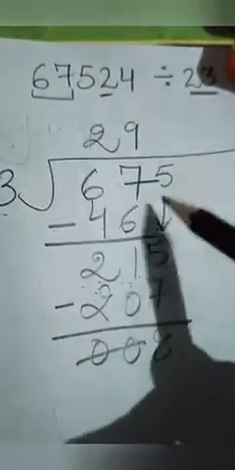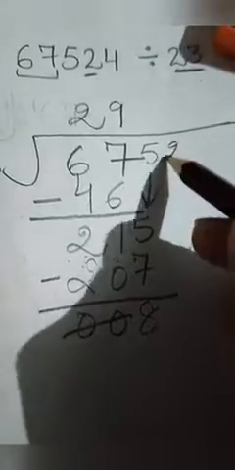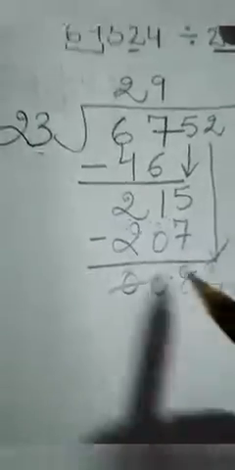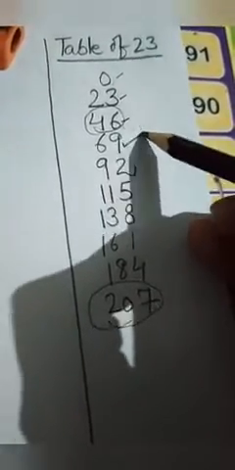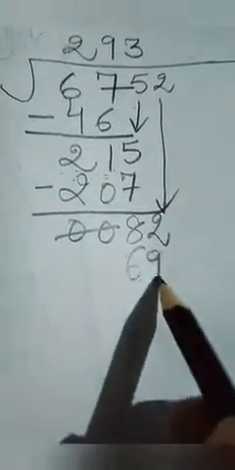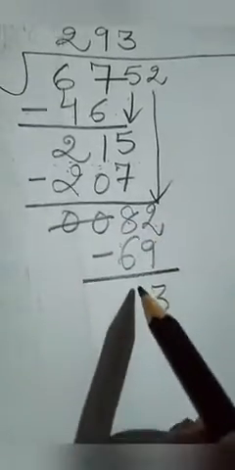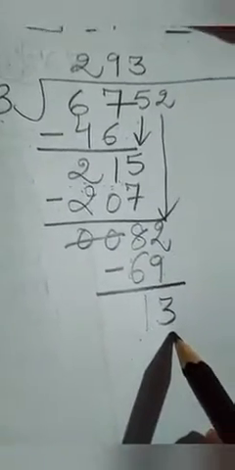We will ignore these zeros and we will see the next digit is 2. We have written 67 and then we have written 5. Now its turn is of 2. We will write it here and bring it down. Now it has become 82. Now 82 will be divided by 23. We will observe the table of 23. What can be written under 82? As you can observe, 69 can be written under 82. 23 3s are 69. Now we will do subtraction. 12 minus 9, 3. Here left 7. 7 minus 6, 1. So we got 13 after doing subtraction.